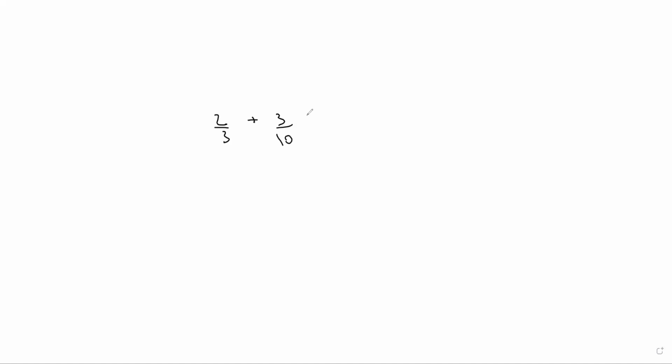Okay, so when we add fractions, we have to make sure that we eventually get the same bottom number on both of them, or on all three of them, or however many fractions there are. We've done this process a bunch of times. It's called finding a least common denominator.